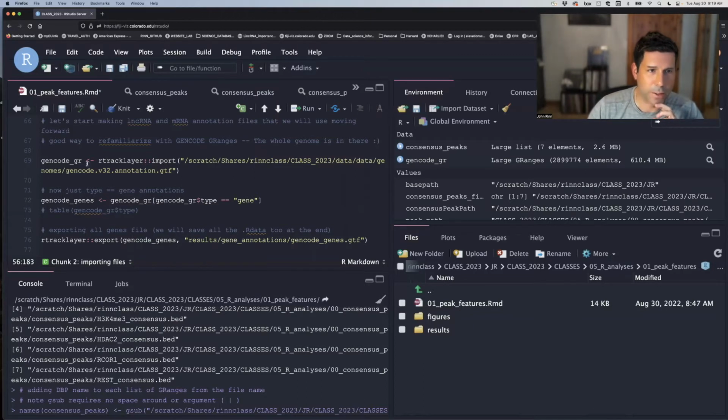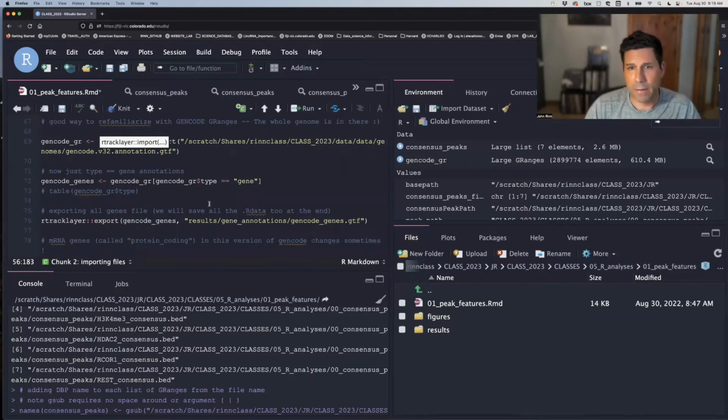So what we're going to do is load in all the features of the genome, all the exons, the introns, and we're going to just focus today on getting genes, which are comprised of a few categories, but we'll focus on lncRNAs or long non-coding RNAs and mRNAs. And so I've already done that. That takes about 5 minutes to run. And we're going to, again, save at the end of this so that we don't have to do these longer